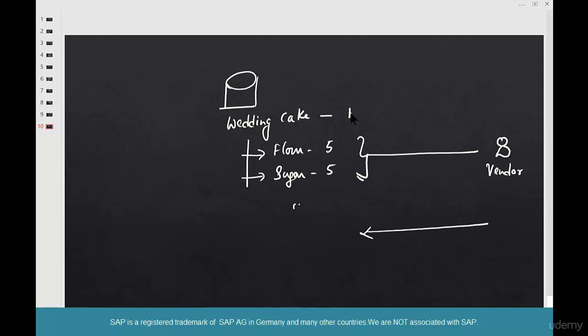So let's create these three materials: wedding cake, flour, and sugar, and create a purchase order and subcontract this to the vendor. So wedding cake, flour, sugar,